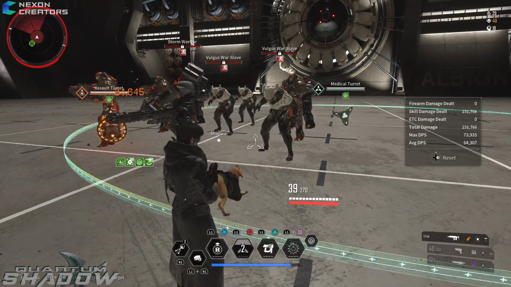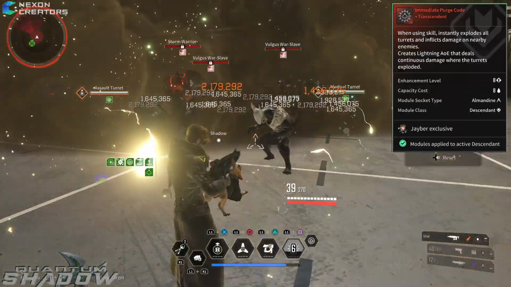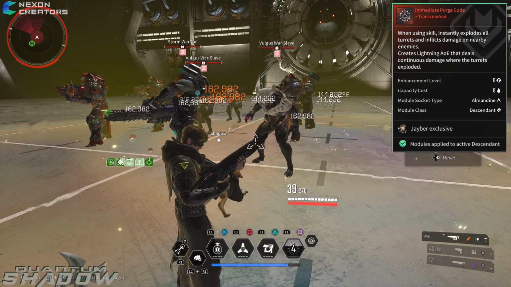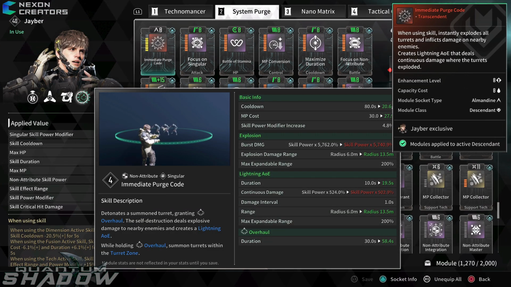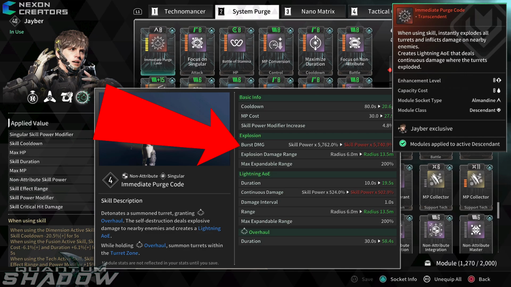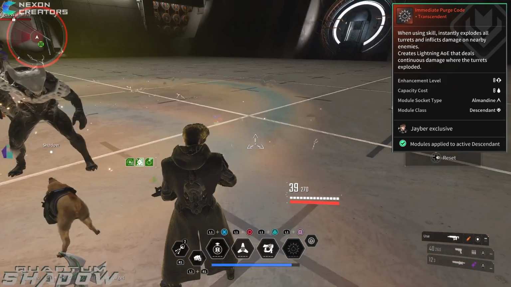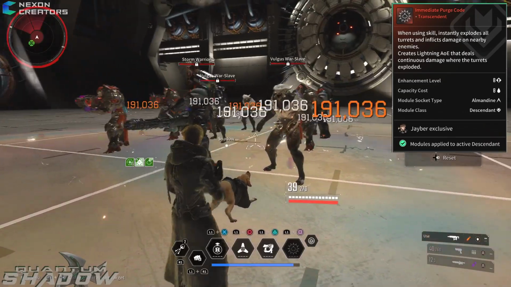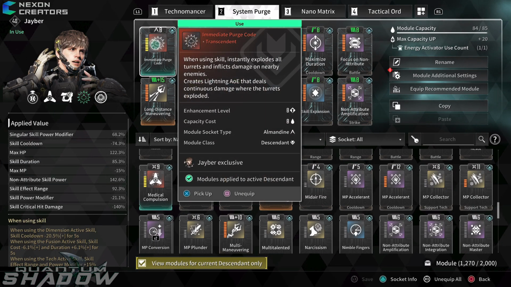Now his second build is the same concept but with a twist. This one uses Immediate Purge Code, which changes his fourth ability. Now when you blow up your turrets, it leaves an AoE on the ground, sort of like Blair's Flame Zone. Not only is the initial burst damage increased over its base version, but the lightning AoE it leaves also deals continuous damage. And the mods for this build are Immediate Purge Code,